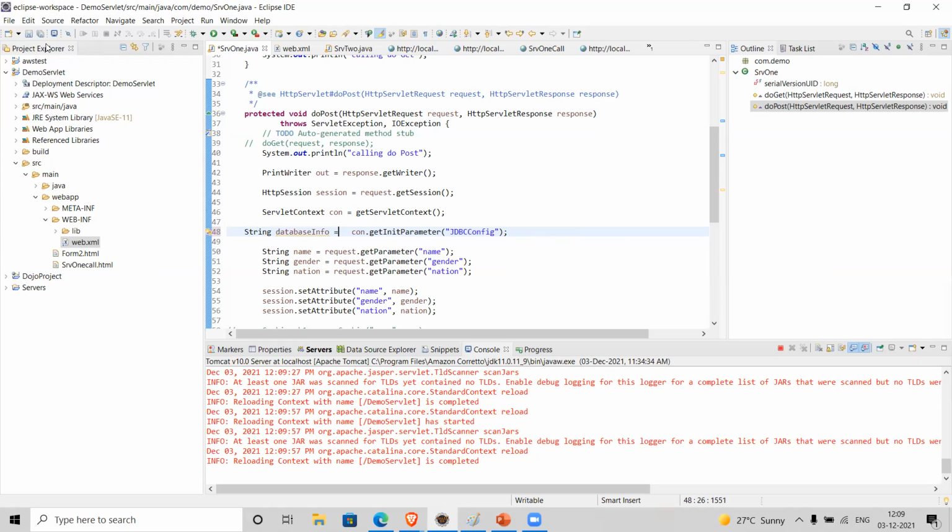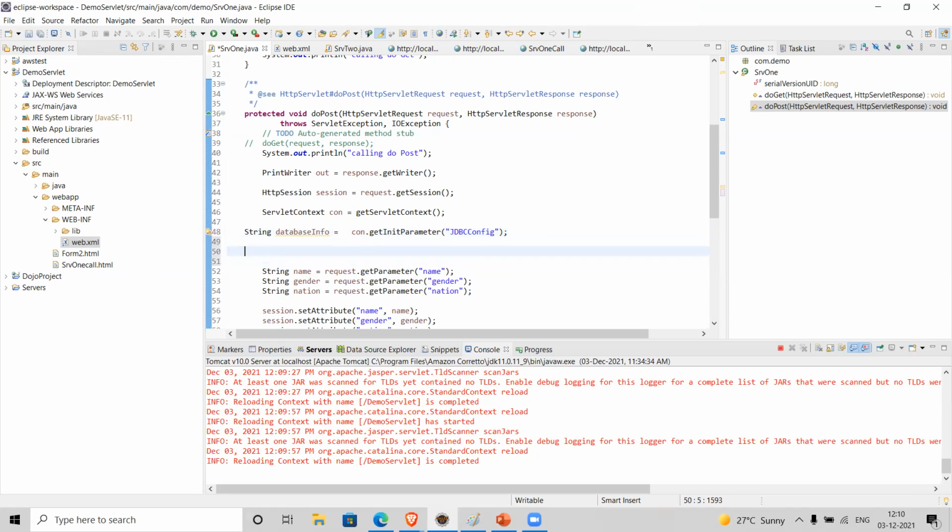String database info. And instead of writing JDBC related code here, I'm just adding a statement: write Oracle database code here to use Oracle database.